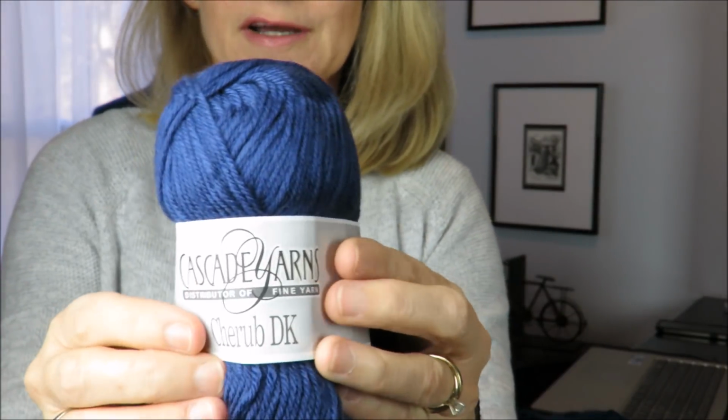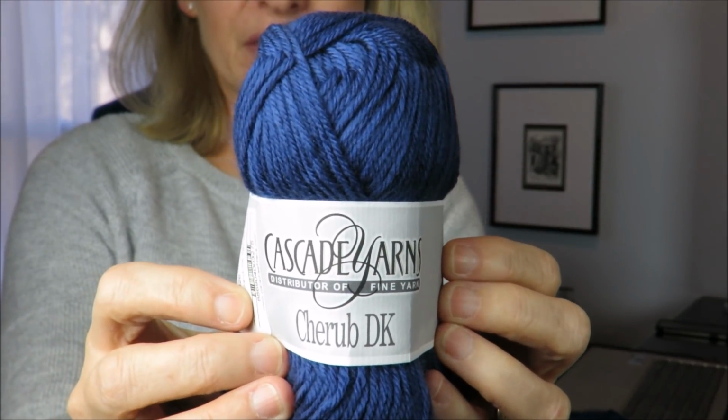Now, if you want to go up a step from that, try KnitPicks sales, because KnitPicks will have lots of wool blends. They have something called Wool of the Andes, which is actually 100% wool, which you can get at very good prices when they have good sales. And what's that other one? This one is even more of my favorite. It's a Cascade Cherub, and it's